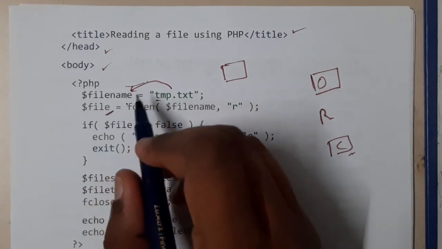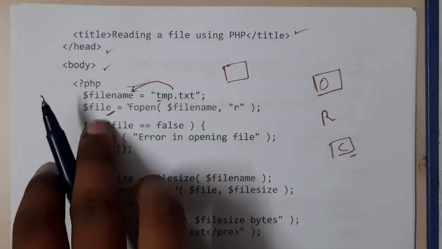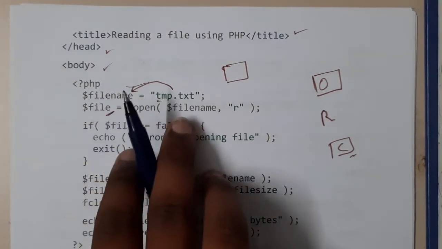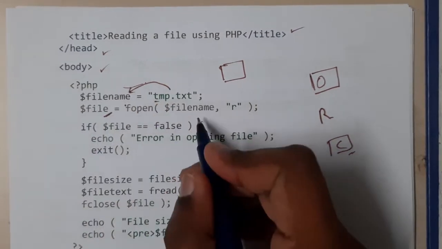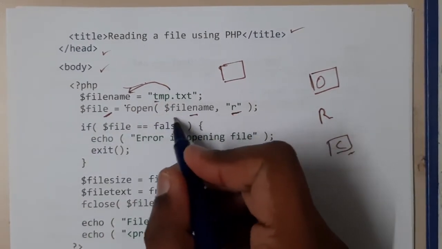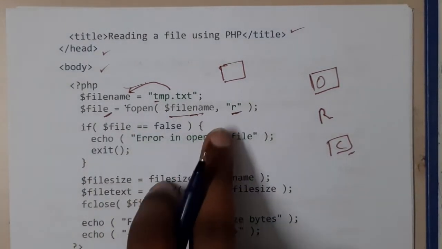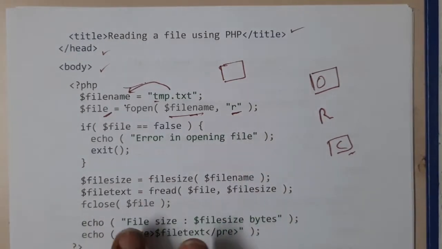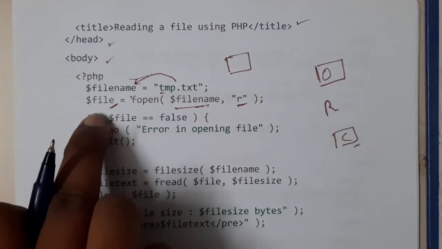Now you are making a file value, that is nothing but you are opening a file and storing that inside the file. So fopen, this is the syntax guys: fopen, after that you write the file name and then the permission. File name here is nothing but $fileName, since you need to indicate every variable in PHP with the dollar, and then r is only read permission. So basically now your file is stored in file.